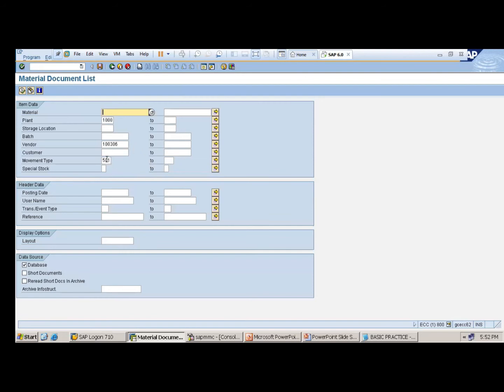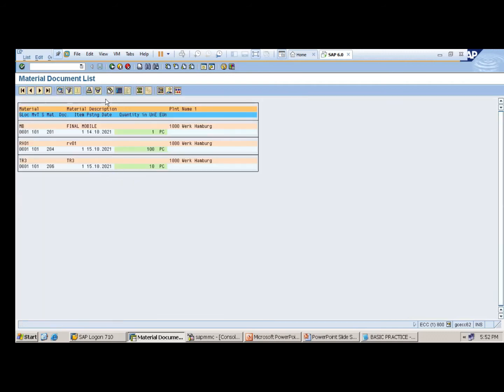If you want only movement type 101, go for 101, which means only goods received. If you want a posting date, choose from date to date. Then click on execute. Okay, like this. Under this plant, this vendor, whatever goods we received, this is the report.